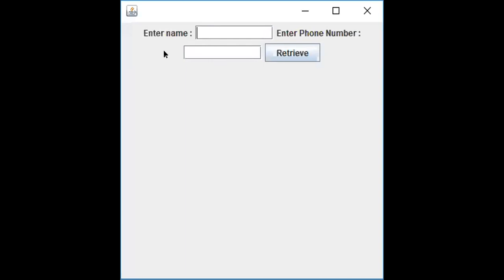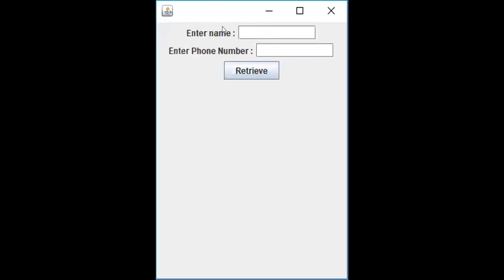Now this is the window that gets generated. Because I have given flow layout, this enter phone number has come here. I can reduce the size so that the enter name text field is there and the enter phone number text field is there. You have to enter any one of the values.